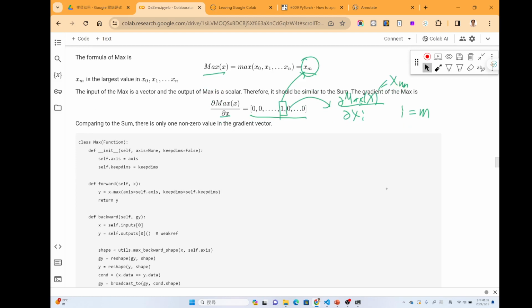So what's the meaning of this derivative exactly?